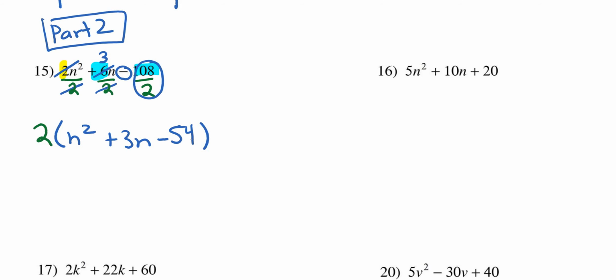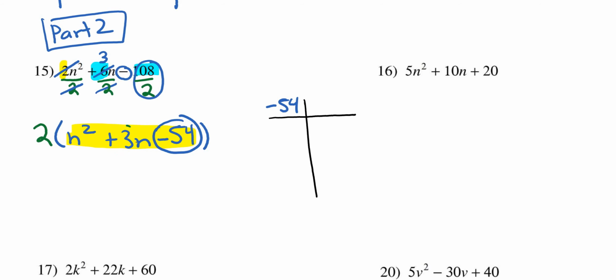Most of the time, the greatest common factor for trinomials is usually the first number that you see, which was that yellow 2. Now that you've factored out your greatest common factor, you need to focus your attention on the trinomial inside the bracket. This is the trinomial that you want to factor, and you factor it by using the table method again. So the last number here is negative 54,